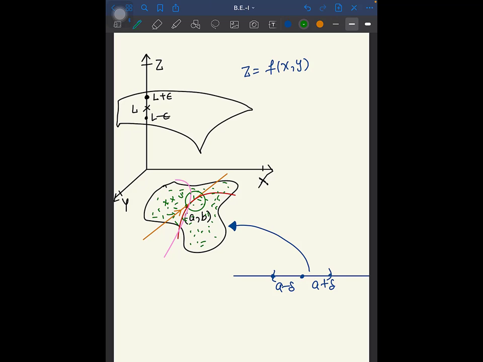So earlier in your plus two, you'll be talking about the left hand limit or right hand limit. Why? Because you have only a 1D domain, right? So you can go either in a back direction or in a forward direction, either in a left direction more precisely, or in a right direction to point A. But here you can choose any direction as your domain is 2D, right? So that's it for